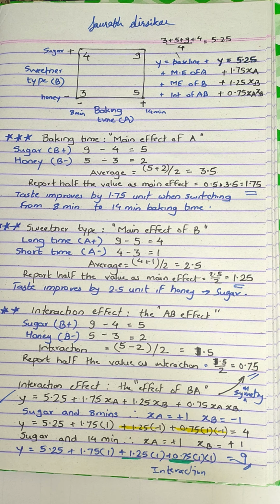Another important point, how do we interpret the interaction? Is there any reason why we get a better taste with sugar at longer baking time? Both experiments with sugar had better taste after all. But it seems like sugar, when cooked for a longer time, brings out much better taste than honey. Perhaps the chemical reactions that are occurring during that baking in the oven give it a better taste, and because of the longer duration, they are given longer times for those reactions to complete. That possibly is what leads to better taste.